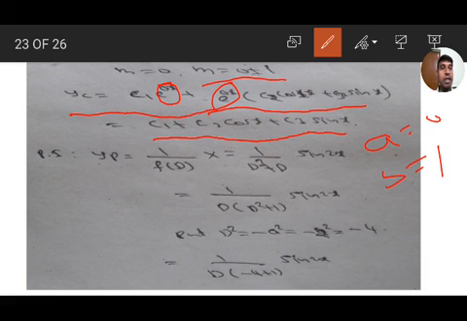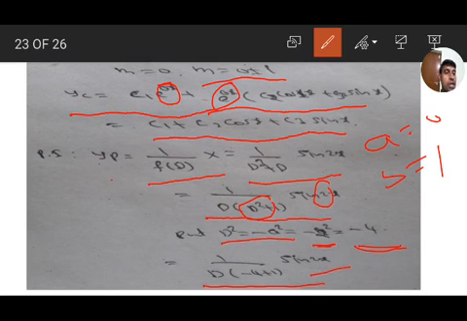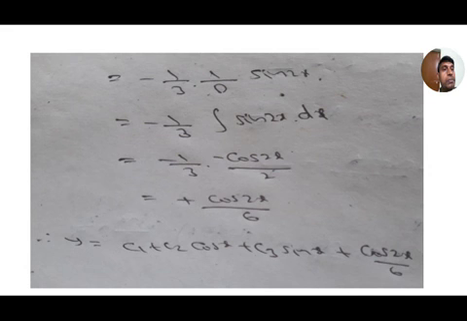And yp, the particular integral, yp equals 1 by F of D capital X, that is 1 by D cubed plus D sin 2x. D is common: 1 by D squared plus 1 sin 2x. So substitute D squared equal to minus a squared; for sin ax, a is 2, minus 2 squared, that is minus 4. If we substitute D squared as minus 4, we get 1 by D into minus 4 plus 1 sin 2x. Minus 4 plus 1 means minus 3. So minus 1 by 3, 1 by D sin 2x.